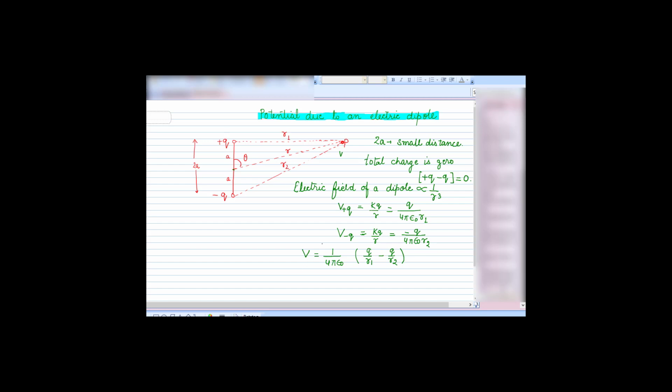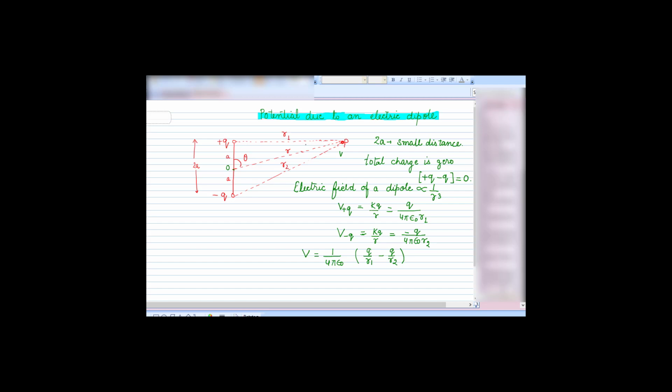Now we want to calculate the values of r1 and r2. So to calculate, we go to the diagram. Here you can see r1 and here you can see r2. So if you want to calculate the distance r1, then we can take this triangle. For considering a triangle, because this is the origin, we can simply write this point as O. So you have a triangle QOP or POQ. So from this triangle, since this is perpendicular and this angle we can take as theta, so we can simply use